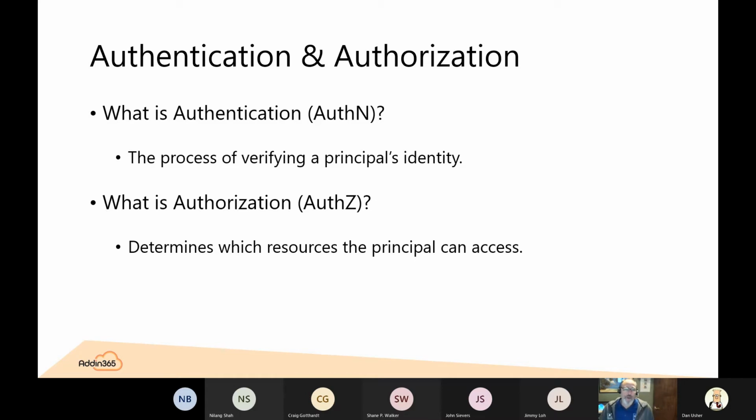And authorization will then determine which resource this principal can access. And this is where we get into our code. If we have a group of users who are administrators to our application versus a group of people who are read and write versus a group of people who are read only, those are different roles, and I authorize a user to do different things in my application based on knowing who they are. Well, this is the same concept we get in Microsoft Graph.